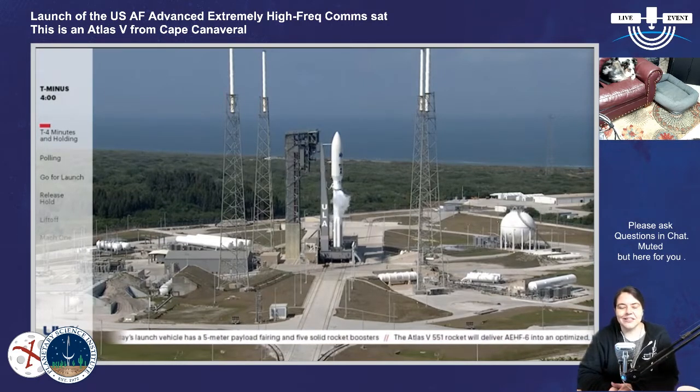So I just saw the comment in the chat that it's sad that we've been using the same technology for 40 years. But while we've been using Atlas rockets for 40 years, they've been undergoing constant development. It's sort of like the Intel chips, the original...